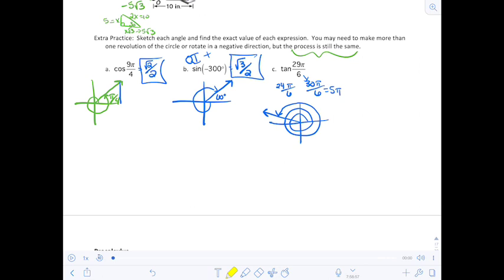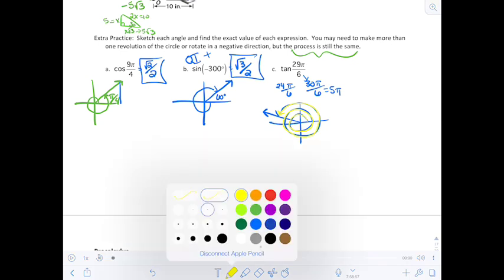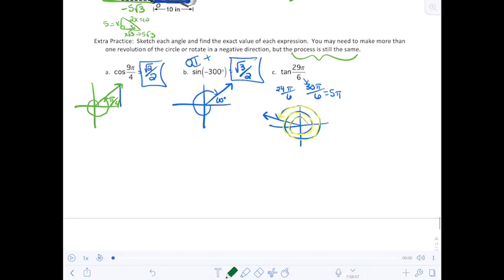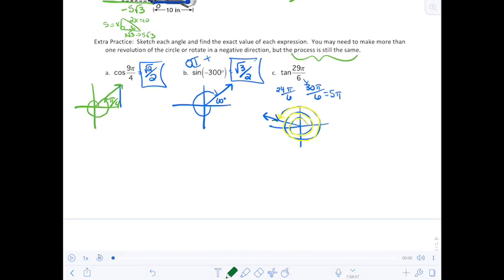I didn't quite get there, but let's see where we are. There's 1 pi, 2 pi, 3 pi, 4 pi, almost 5 pi, but I am pi over 6 shy of getting to 5 pi, or 30 pi over 6. So this has a reference angle of pi over 6,